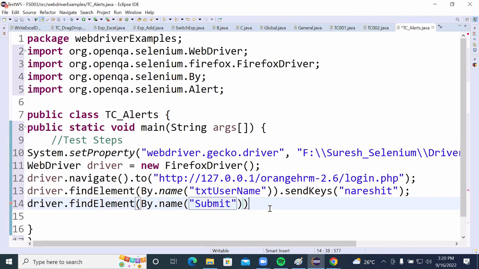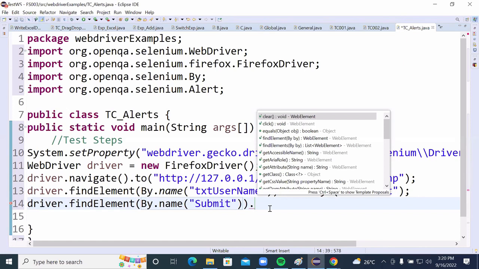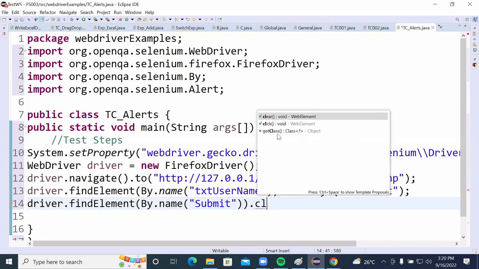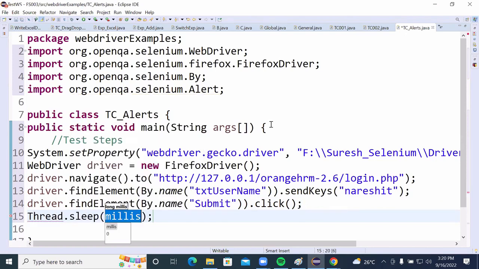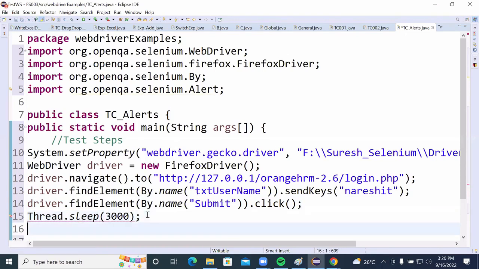Then dot, what is the method name? Taking the click activity. That is the method name we take, the click activity. Once you are done with the click activity, an alert is displayed. In that particular alert,